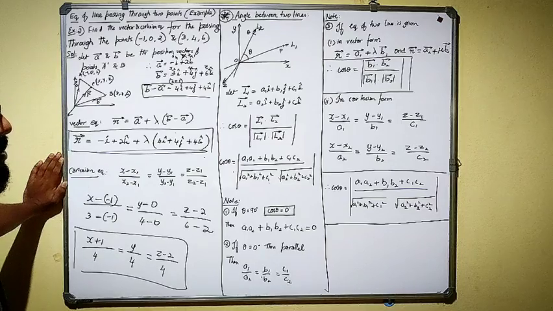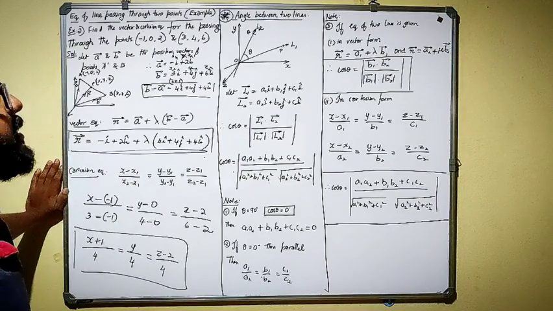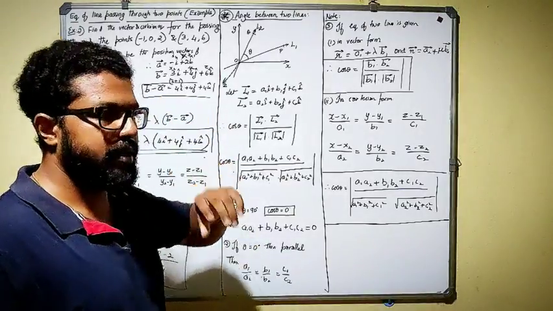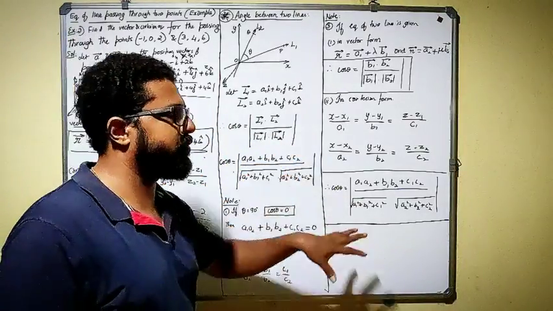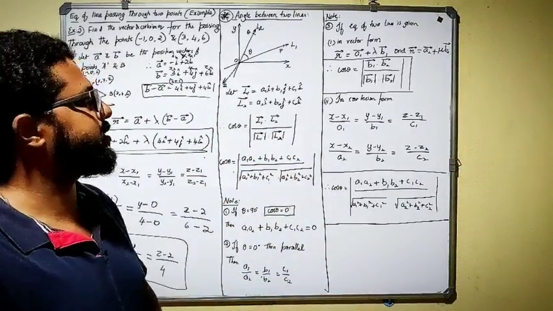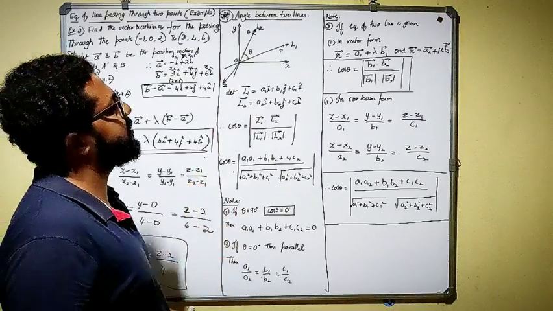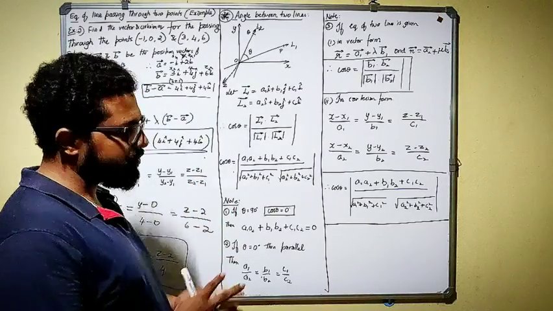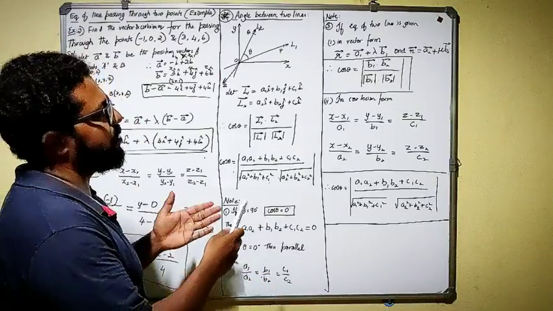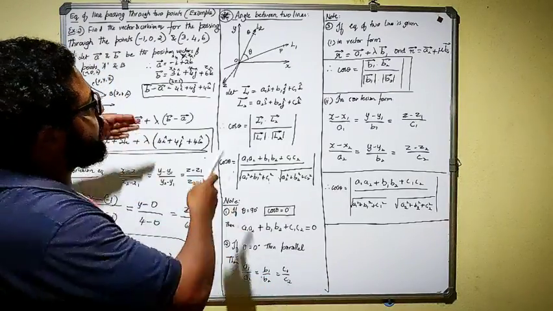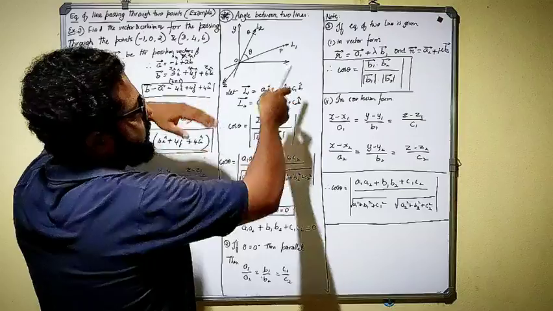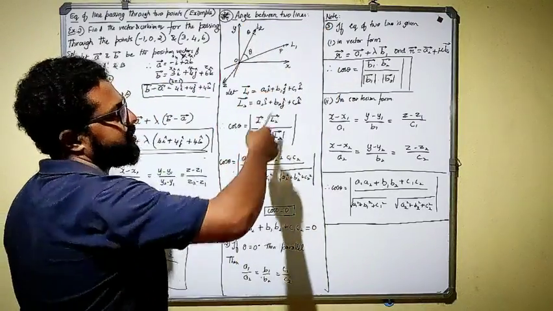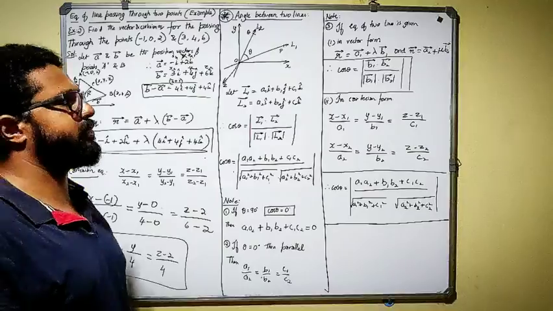That is the one example problem. I'll give you a few exercise problems based on this, which you can solve later. Let me move on to the next small concept. Once we are done with this, there is one more important derivation and then we can start with the exercise. This small concept is about the angle between two lines. Suppose we take a three-dimensional system x, y, z, and L1 and L2 are two lines, or vectors, making an angle theta with respect to each other.